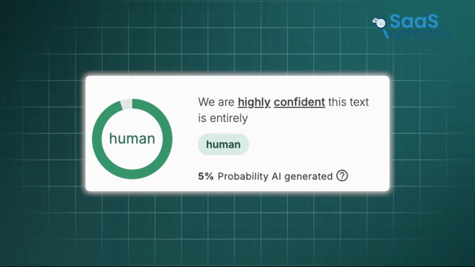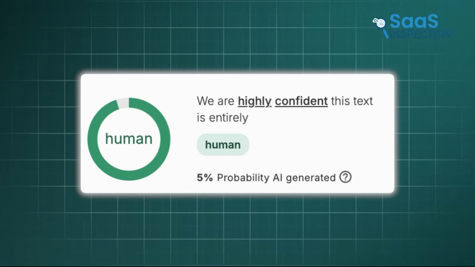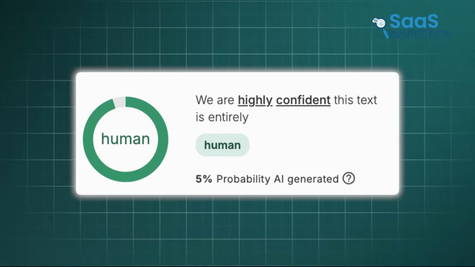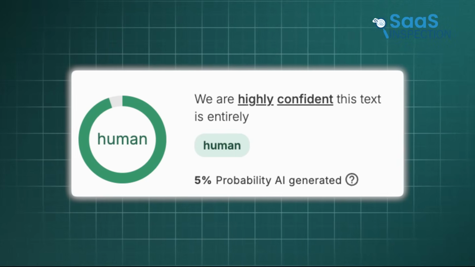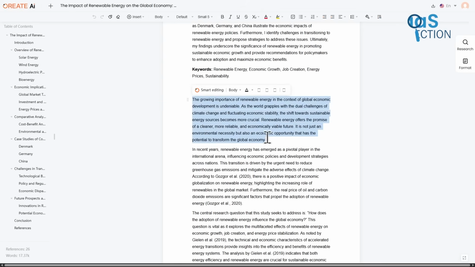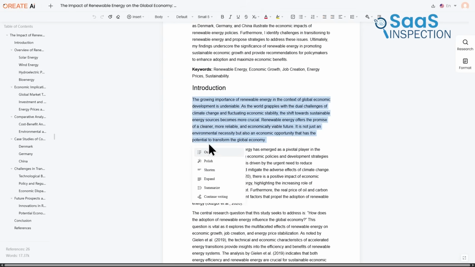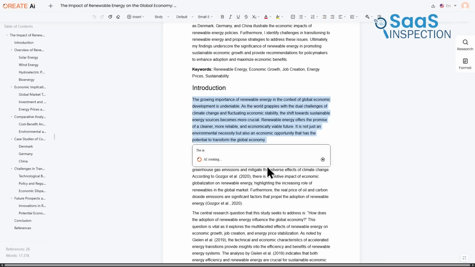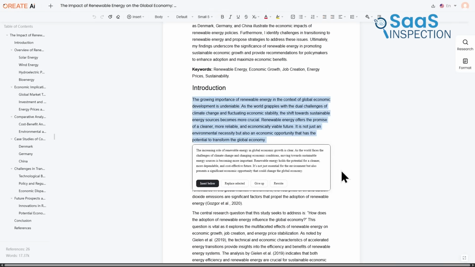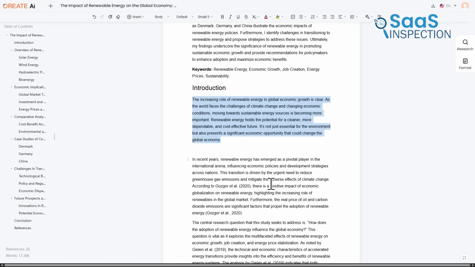The real standout, though, is quality. Oreate's essays reportedly pass AI detection more than 90% of the time, which is huge for students and researchers who want their work to sound human. On top of that, the platform has a smart editing tool built in. You can expand ideas, tighten paragraphs, or rephrase sections directly inside the editor, making it super easy to polish your